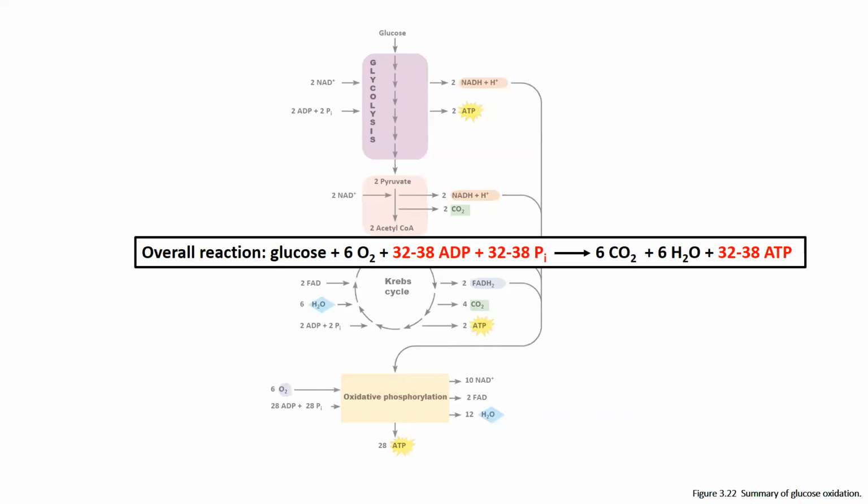So if you're younger, maybe teenage or young adults, you may have a better, more efficient oxidative phosphorylation. So you may yield more ATP. Whereas as you get older, you eventually lose the efficiency of this process and you may start to yield closer to 30 or 32 ATPs. So this can change throughout the lifespan of an individual. It can also change